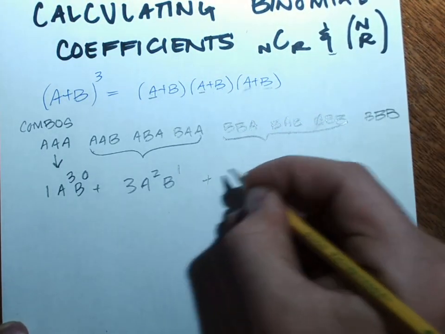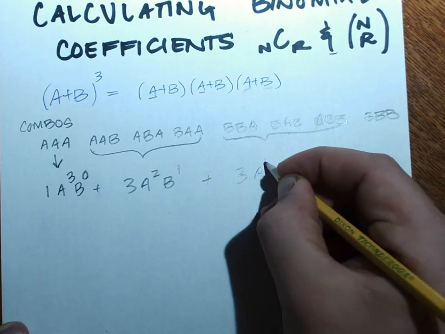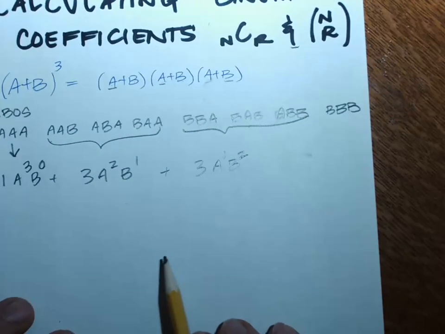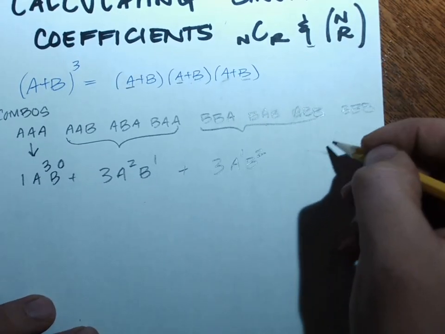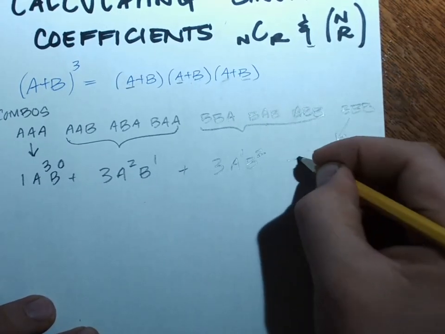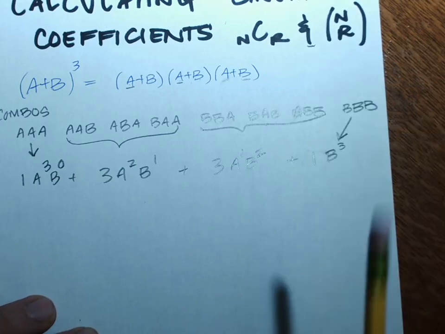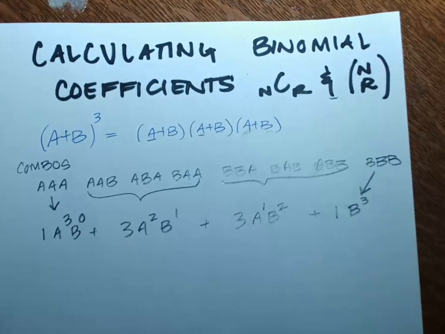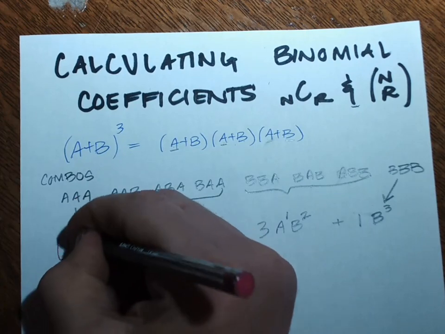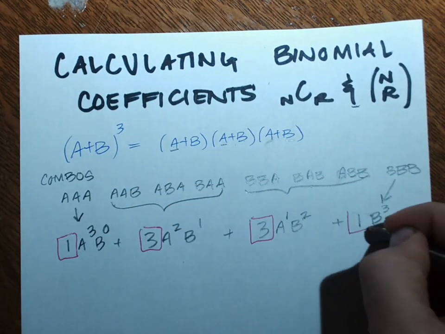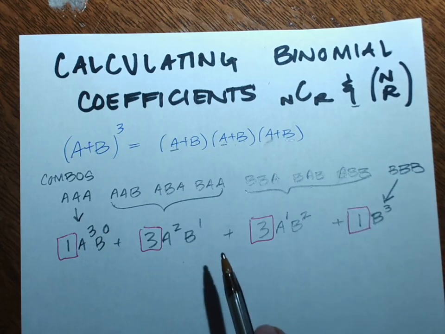In this case, there are also 3 A to the first power and B squared. And then lastly, there is 1 B to the third power. So these coefficients, the 1, the 3, the 3, and the 1